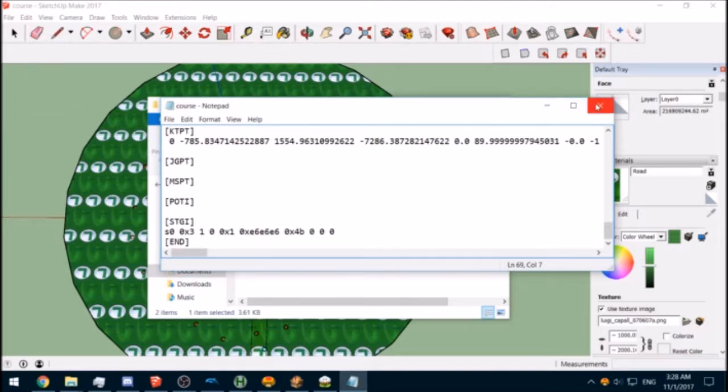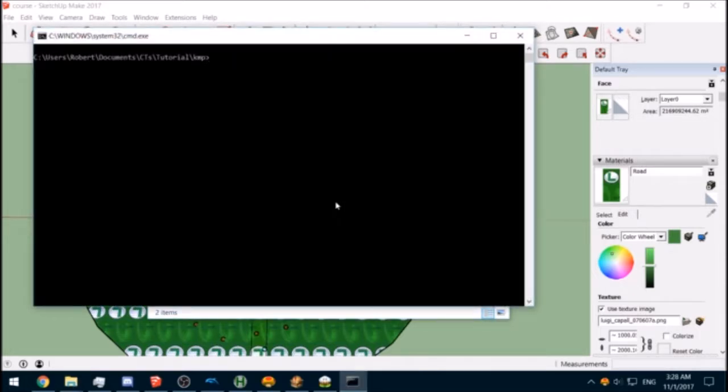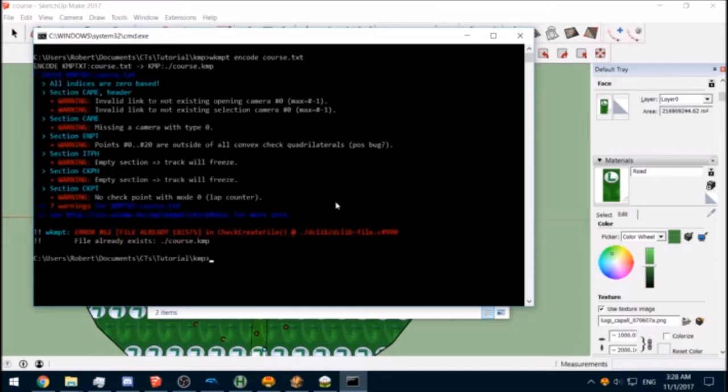Alright. So now we should be able to open a command prompt and do wkmpt encode course.txt. That was a text file. Yeah, and it will do it, but it will give us all these warnings.